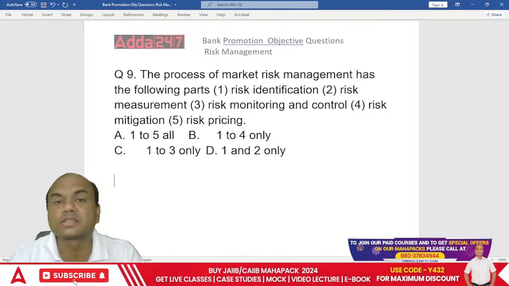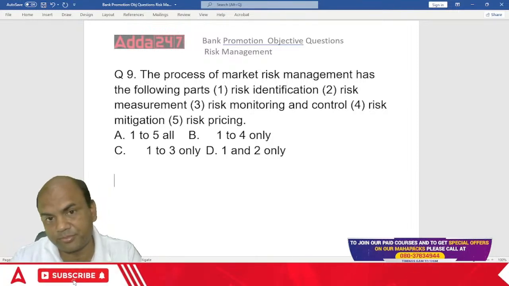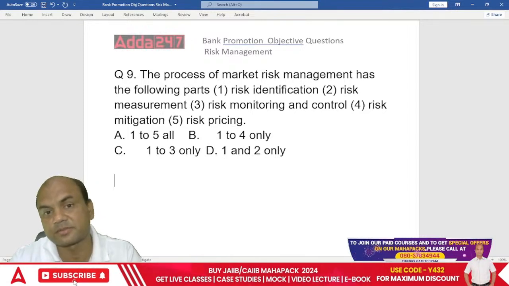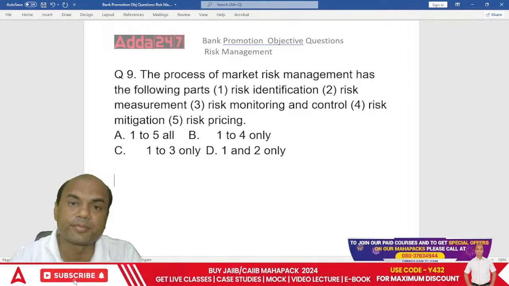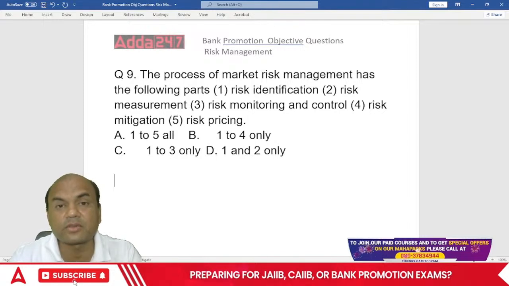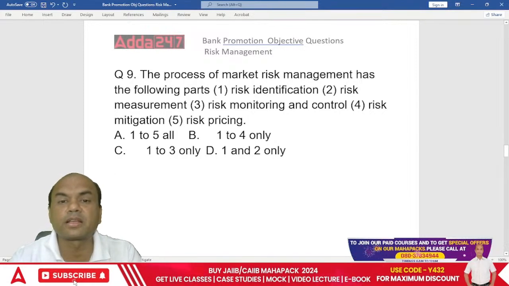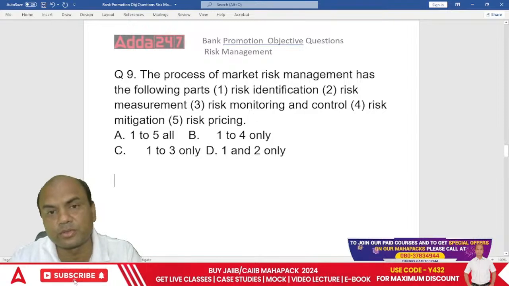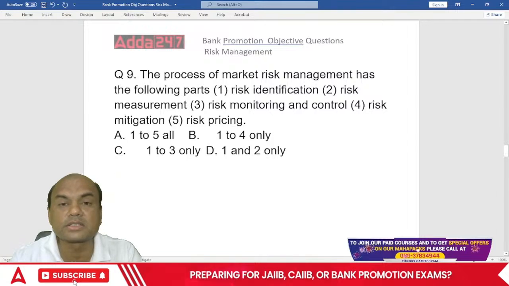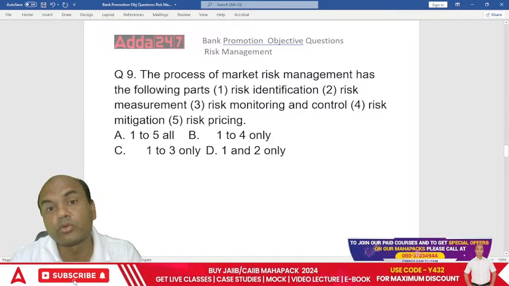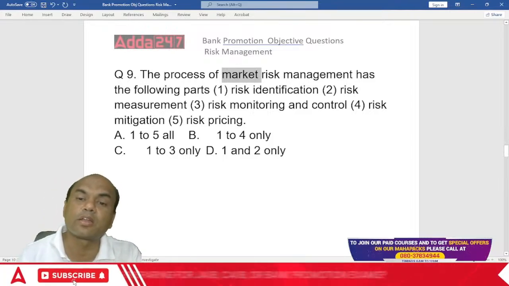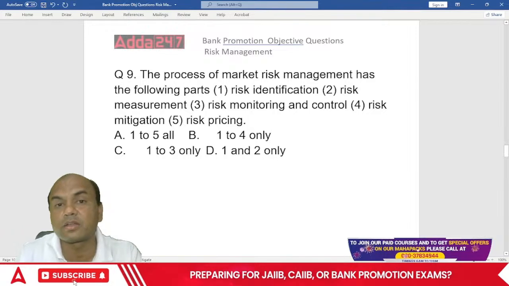Second one, a customer has a CIBIL score of 500. Is that customer good or bad? Comment section. Of course, bad, right? The customer is bad. Now the real question is ahead. If a customer with an 800 score comes to you and a customer with a 500 score comes to you, whom will you charge the higher rate of interest? Type in the comment section, just type 800 or 500.